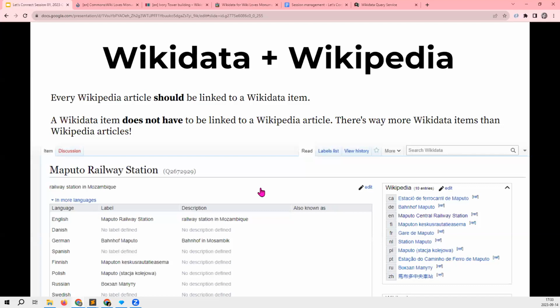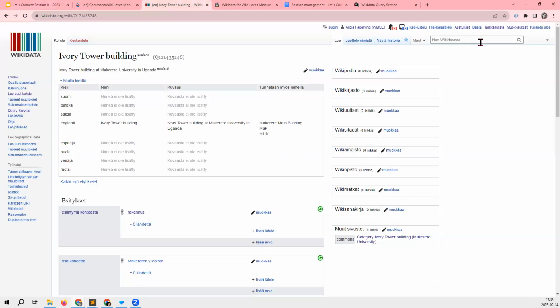And since we are already talking about the relationship between Wikipedia and Wikidata, we should also mention that one of the purposes of Wikidata is to work as a hub in which Wikipedia articles in different languages are connected.